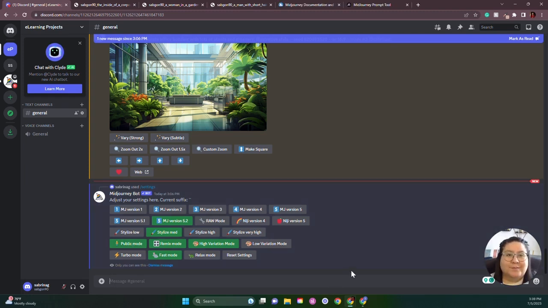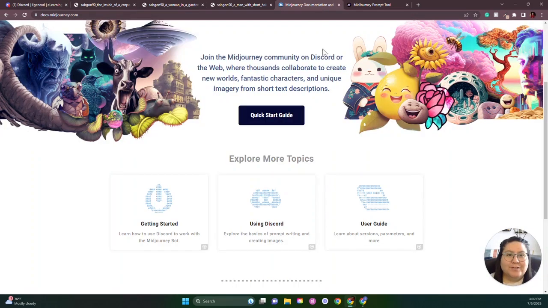If this is your first time using Midjourney or Discord, Midjourney has really good documentation at docs.midjourney.com that can help you get started using Midjourney, help you get started using Discord, and there's a user guide also to help you understand the different versions and what updates have been made, and then all the different parameters. I just showed you a couple parameters, but there are a lot more that can really help you fine-tune your